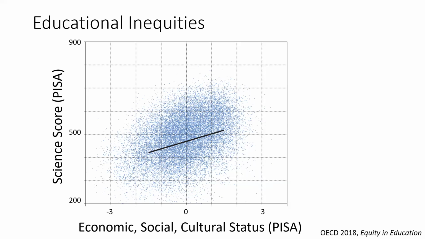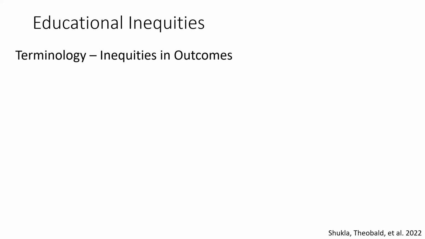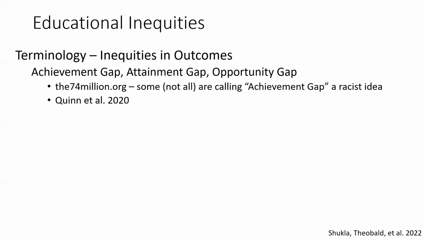And so my research program is really trying to think about what instructors can do to disrupt some of these inequities that manifest in our class. Before we get too far, I definitely want to make sure that we're on the same page in terms of terminology. Most of the talk, I'll be talking about inequities in student outcomes, so either course grade or graduation rate or retention, something like this. But there's also, of course, tons of inequities in the student's experience in the classroom as well. Historically, these inequities have been called the achievement gap or opportunity gaps or an attainment gap.